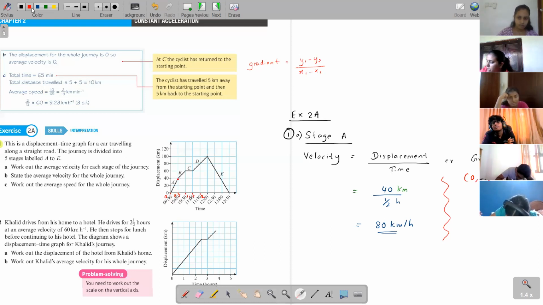The other coordinate is what? The other coordinate is half comma 40. Can you all understand, children, my two coordinates are 0, 0 and half comma 40. Okay, so use the coordinates and you can get the velocity equal to change in y. So this is x1, y1. This is x2, y2. So y1 minus y2, 0 minus 40, over x1 minus x2. So divide this and see, are we getting the same answer or not?